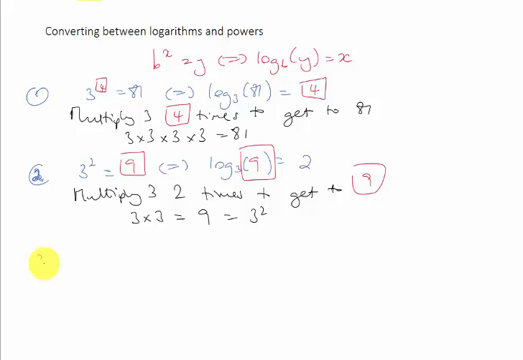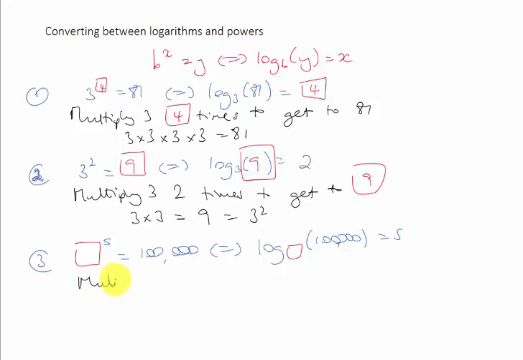Right, in the third example, here we're going to leave out the base. So a number raised to the 5th power is equal to 100,000. So that's the same as saying that the log in base, we don't know yet, of 100,000 is equal to 5. So if we multiply a mystery number 5 times to get to 100,000,